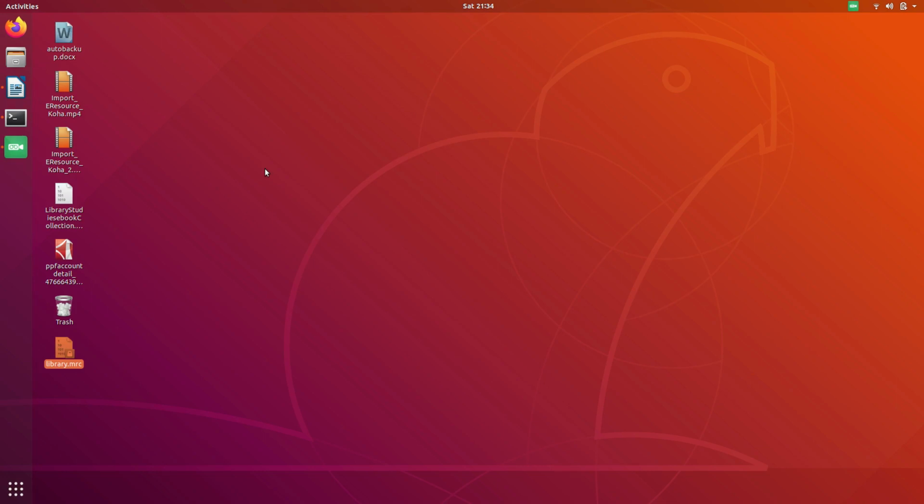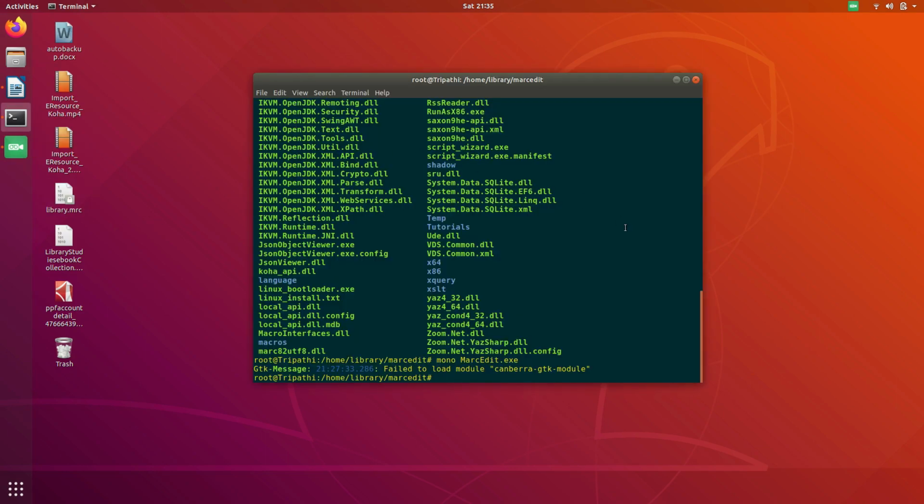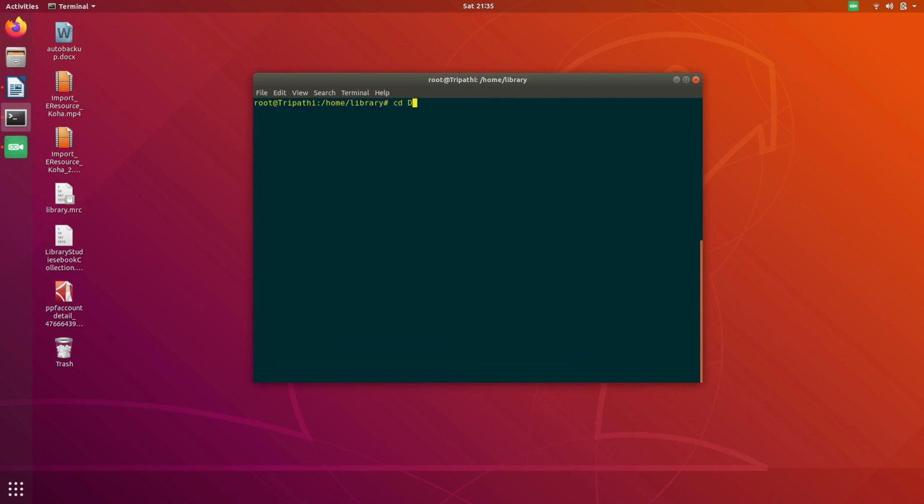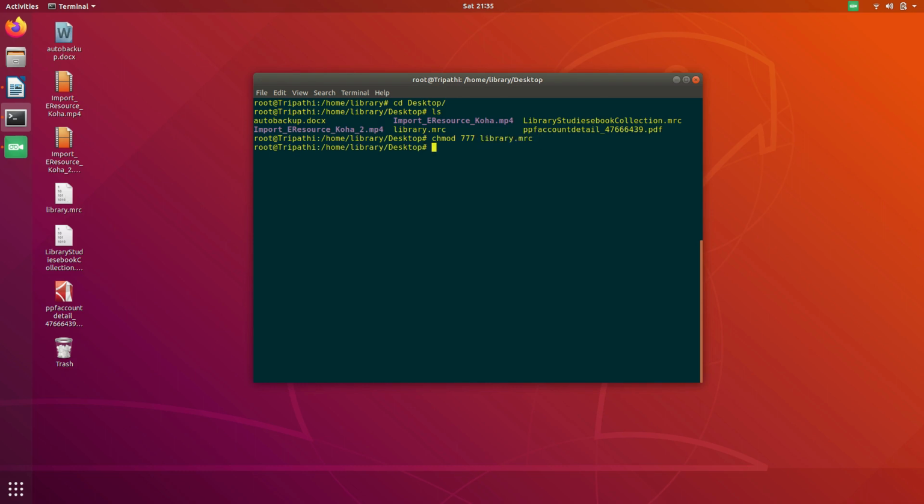So the library MRC is available. You can see that it is locked, so we can give permission to this file so that while importing it may not create any problem. chmod 777, I am giving full permission, library.mrc. Now if you see, the color of this file has also changed to green. It means it has some permission.